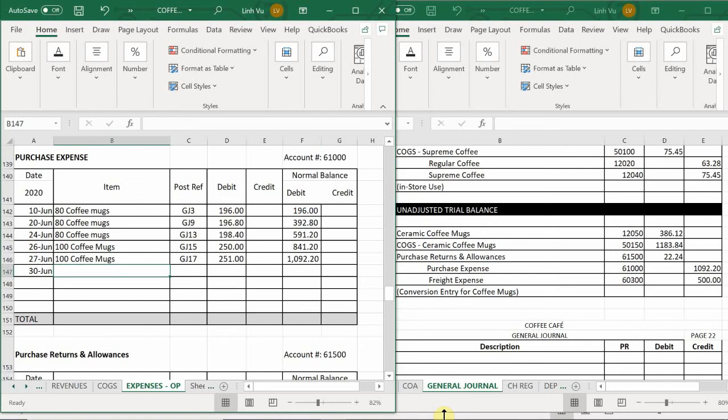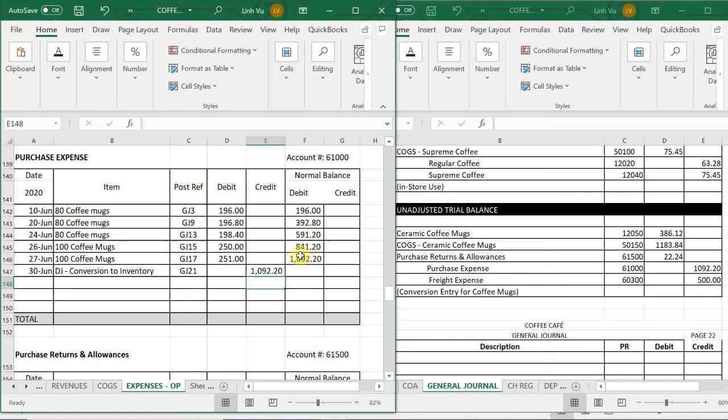And in this one, you could go ahead and just make this an adjustment entry, conversion to inventory, for General Journal 21. And this time we're going to credit our account for the 1092.20, which once again is going to bring our account balance down to